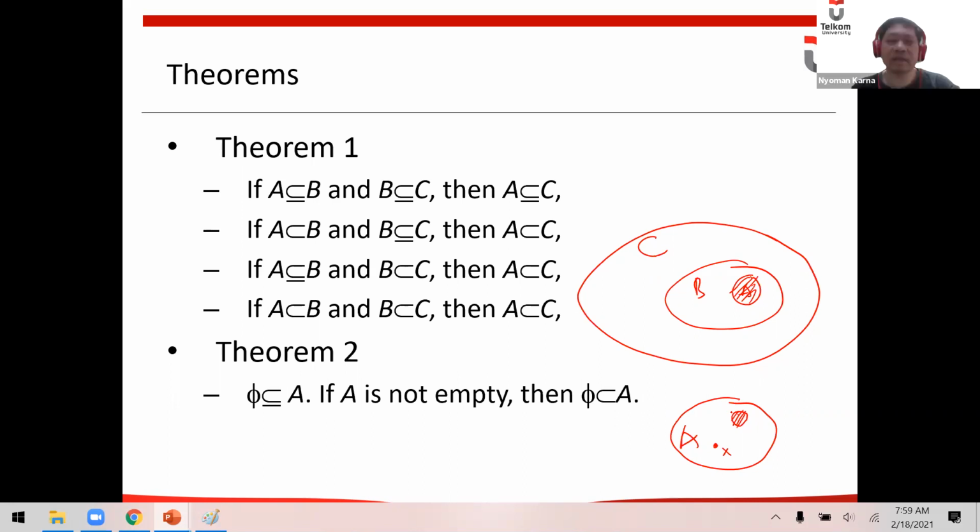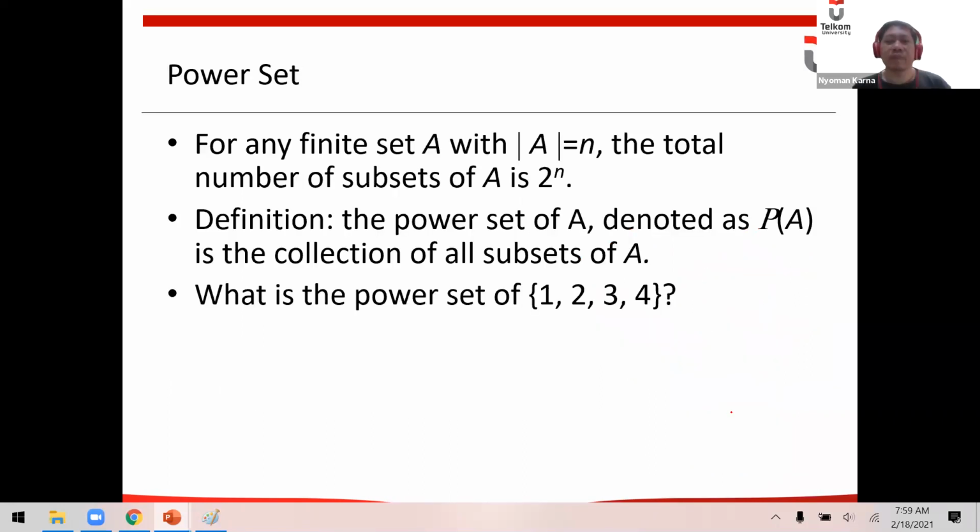Okay, that's the theorem. Now, power set. Power set is a number of subsets from a set. So power set is a number that counts how many subsets we can come up with from a set. Let's say, for example, we have a set which has the elements 1, 2, 3, and 4.